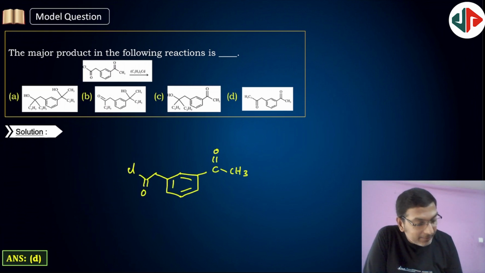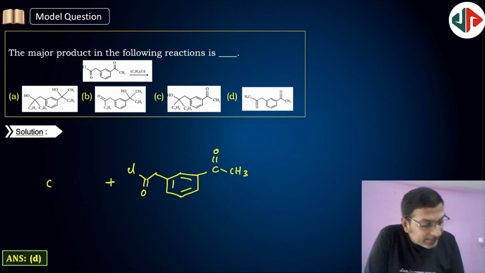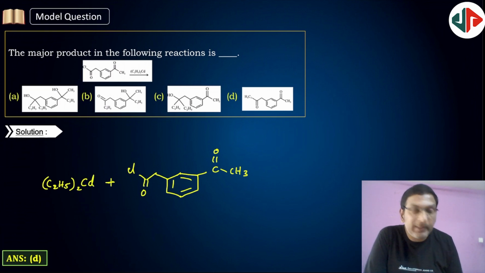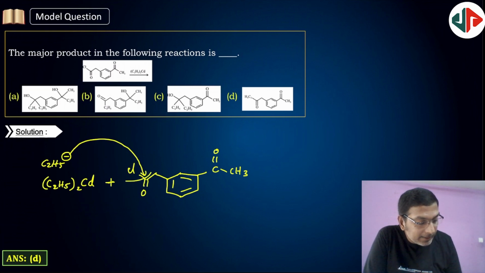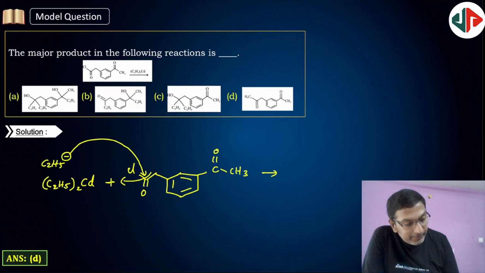Next, the reagent on the left hand side: (C2H5)2Cd, diethyl cadmium compound. Similar to Grignard's reagent, C2H5 will be nucleophilic. Therefore, it attacks the electron deficient carbon and Cl will be eliminated. So the compound will be